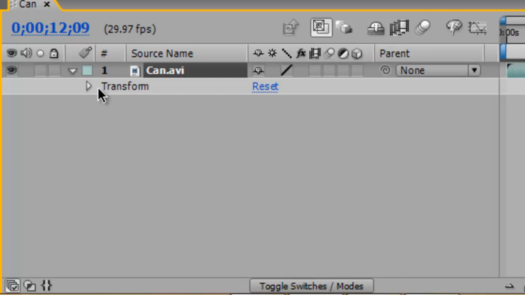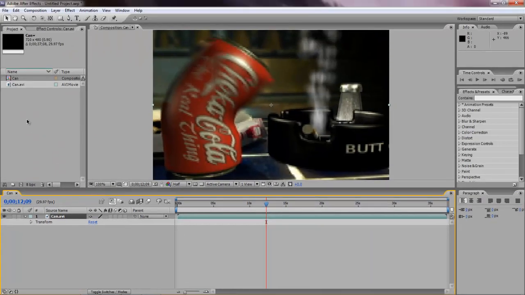Now a couple important things that you should look at. Number one, when you bring your can into your project window, it's not actually copying the file into After Effects. It's just using a reference of that file, and it's referencing it from its original location on your computer. If you move it, rename it, or delete it, it's going to be gone from your After Effects window as well. And the next time you open up After Effects, it's going to give you a little symbol saying, hey,